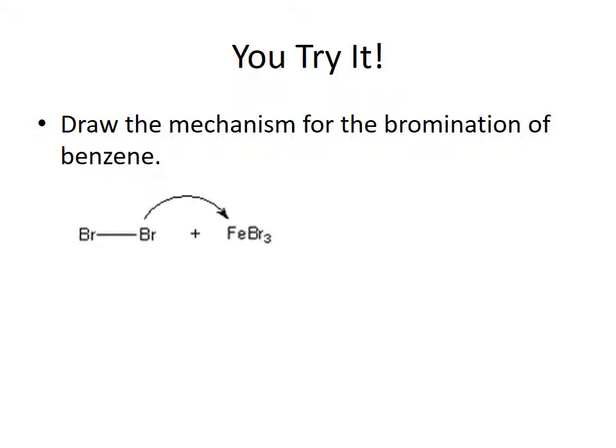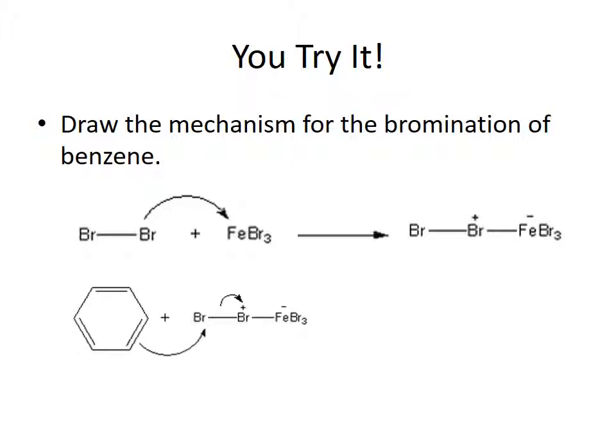Well, the first thing that happens is that the bromine reacts with iron 3 bromide to make a complex. Here's the complex. This is the other way that I showed that the complex is made, where there's actually a positive charge on the bromine and a negative charge on the iron. When this complex bumps into the benzene ring, the pi electrons reach out and grab that bromine on the end, and the electrons that are in that bond jump to the bromine on the inside